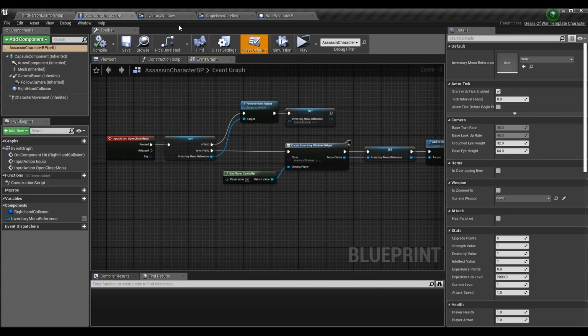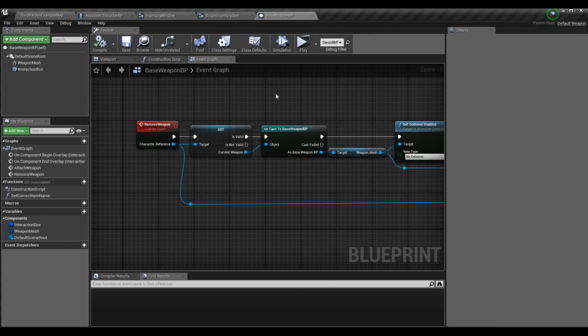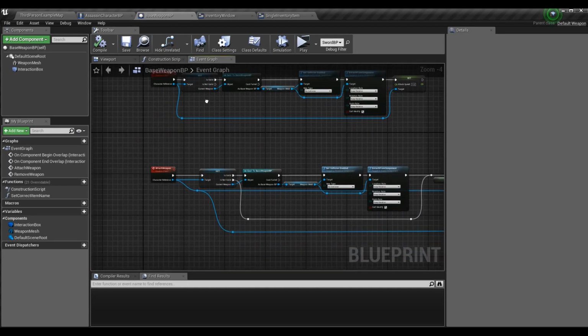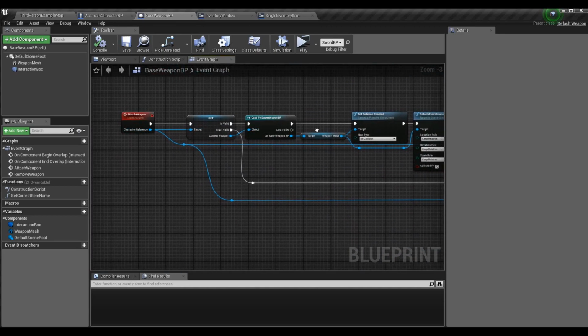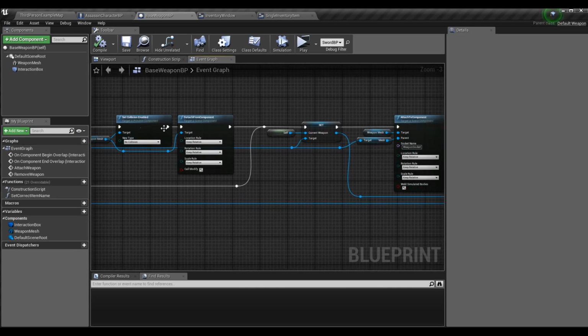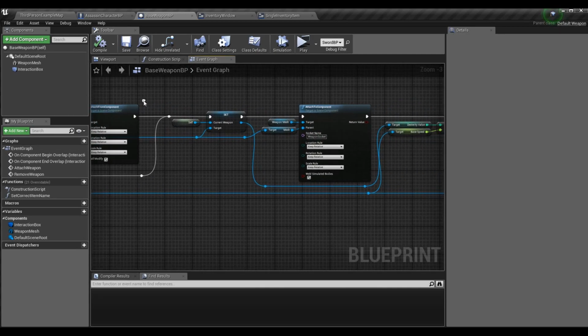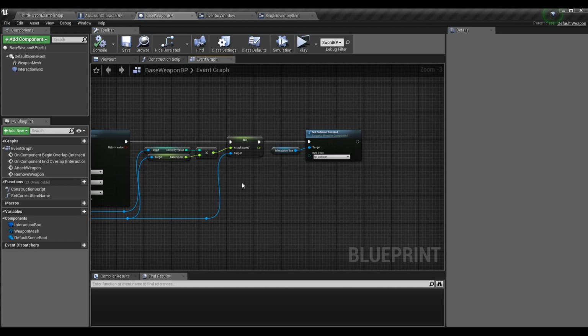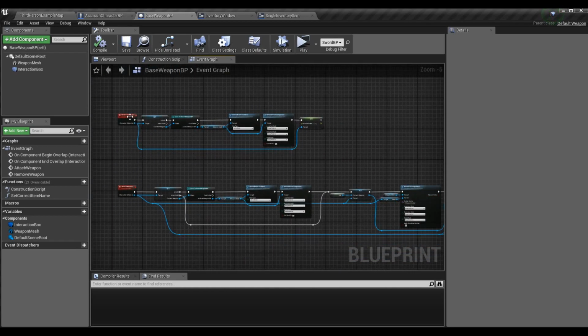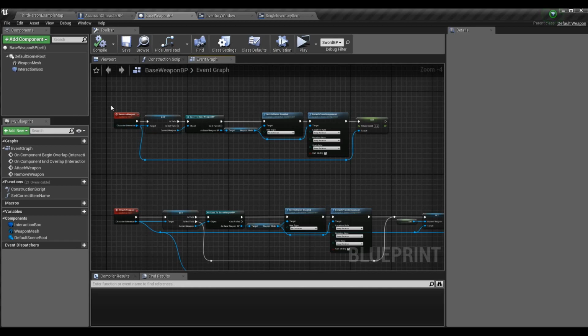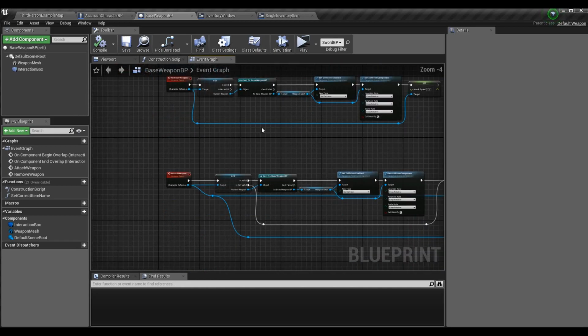Then let's get into what we're going to need to do today. So, in our base weapon BP, what we were doing before, when we ran into a weapon, we were just attaching it to our character's hand. We were setting the collision properly, removing the old weapon, setting the new weapon, and changing our attack speed and other stats. Well, that's good, but we need a way to remove our weapon as well, because in attach weapon,